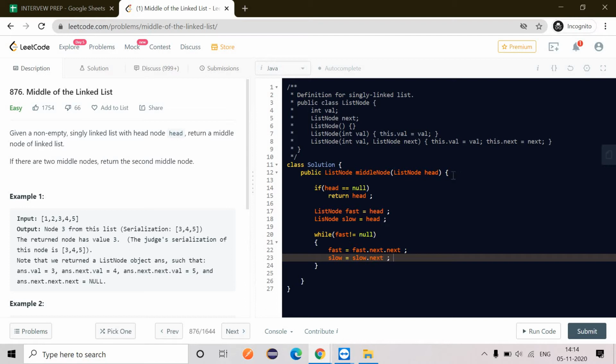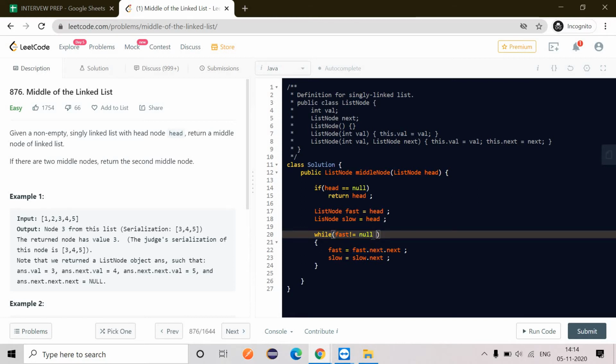We have already made sure that fast is not null, but as we are incrementing fast by two steps, we also have to make sure that fast.next is not null so that you don't end up with a null pointer exception. So fast.next is not equal to null. Just make sure that you write the fast not-null condition first, and I'm saying this because if you write fast dot next is not equal to null before that condition, like if you're writing like this,